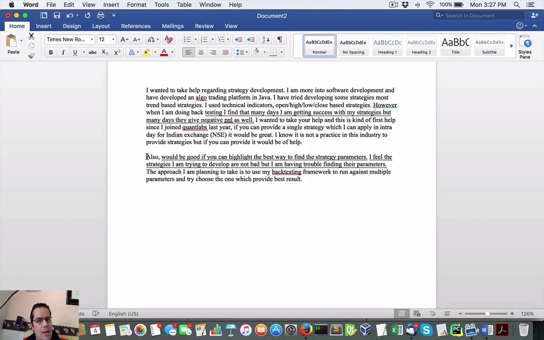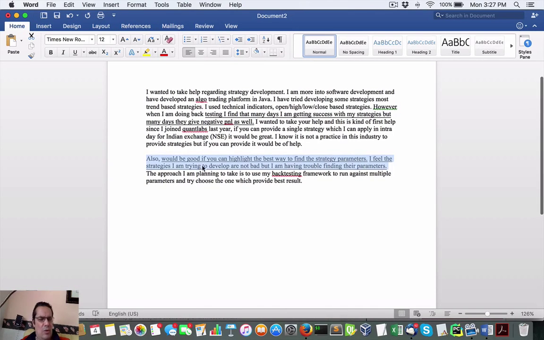Now, also it'd be good if you highlight the best way to find strategy parameters. I feel the strategies I am trying to develop are not bad, but I'm having trouble finding their parameters. The approach I'm planning to take is to use my backtesting framework to run against multiple parameters and try to choose the one that works with the best result. Okay, again,